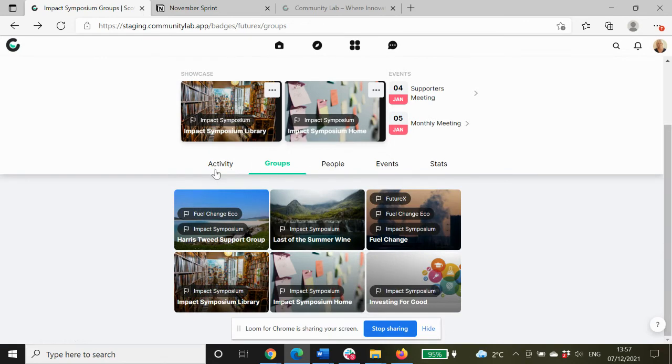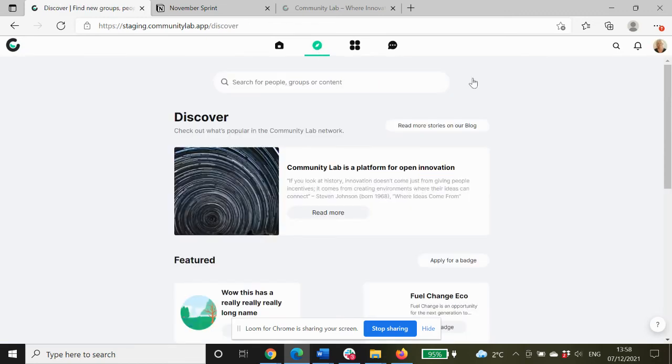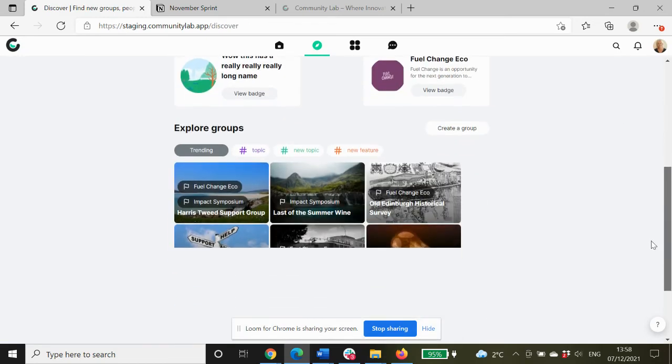Elsewhere, what we have within the ecosystem is groups. These are groups which you have invited to join the ecosystem. In this case, we're dealing with the Impact Symposium ecosystem. You'll see that each of them has a little badge, a little marker. And how I've gone about that is you offer the invitation to a group to join you. If I go back into Discovery and look at a group that's not in our ecosystem,